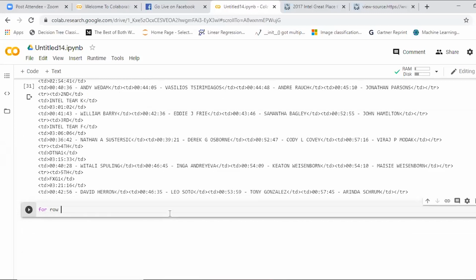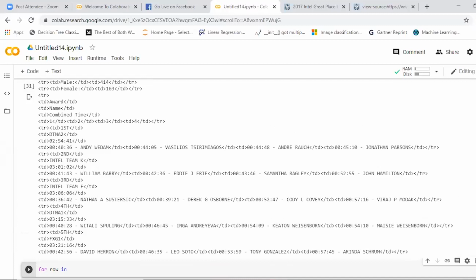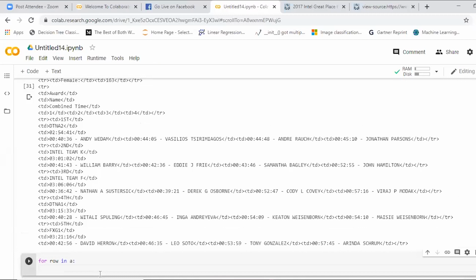Okay. So I define my variable name as A, because that is where I extracted all the rows with the help of table rows. Now my next step is to extract the table cells, because I'll be giving row underscore TD for extracting the table cells. Same, find all. Yes, we'll be doing that at the end. We'll be merging the different tables and eliminating the null values. We'll be doing all of those things.